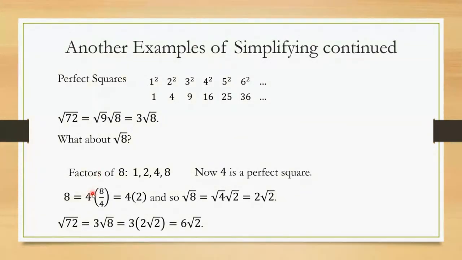So what do we do? We factor it out, right? I mean, yeah, you divide to get the other factor. Although I hope people know that 8 is just 4 times 2. Anyway, you could divide to get the other factor, and we get 8 is 4 times 2. So the square root of 8 is the square root of 4 times the square root of 2. And the square root of 4 is just 2, as we know. So altogether, you get 3 radical 8, which is 3 times 2 radical 2, which